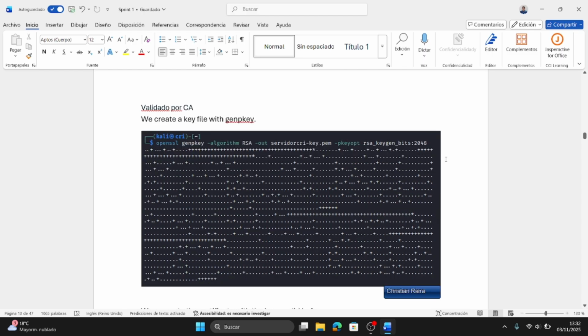Okay. Now we are going to do a certificate validated by CA, and in this step we are going to use a Kali Linux virtual machine.